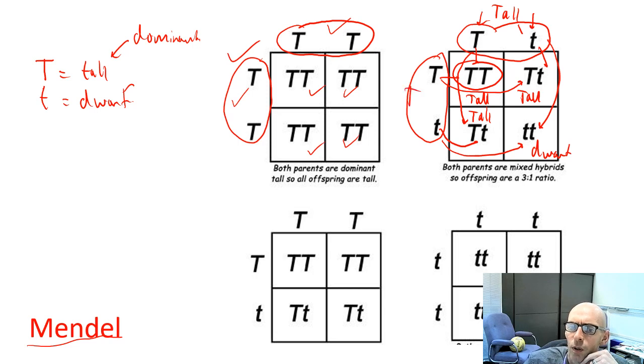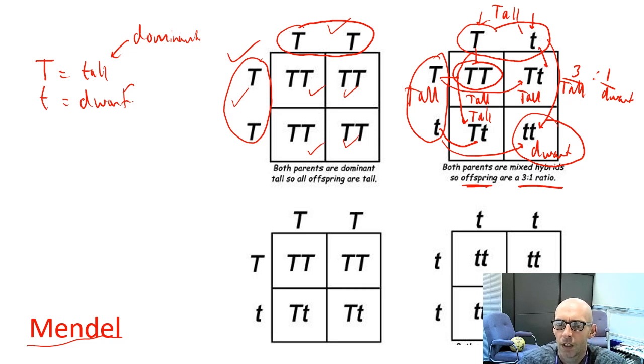So even though both parents were tall, they got a dwarf plant in some of their children, some of their peas off the pod. So we say here there are 3 tall for 1 dwarf. That's a ratio. For every 3 tall there'll be 1 dwarf. It's a 3-to-1 ratio in the offspring. And offspring is just a word for the next generation. Rather than calling them children, you don't really say that 2 pea plants had sex and then made children, because not many people think of peas as being children. But actually, offspring is a good word to use for the next generation.